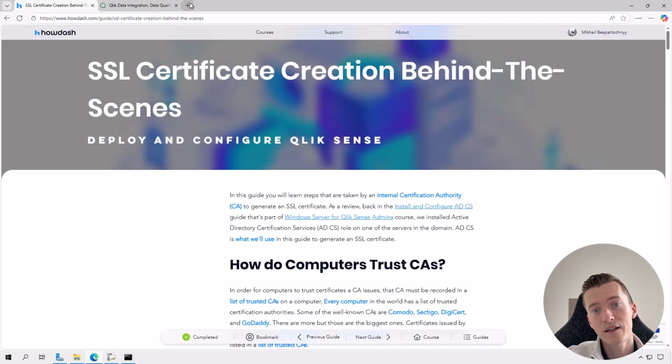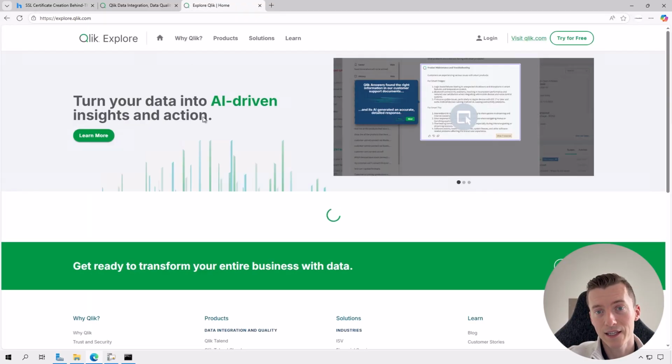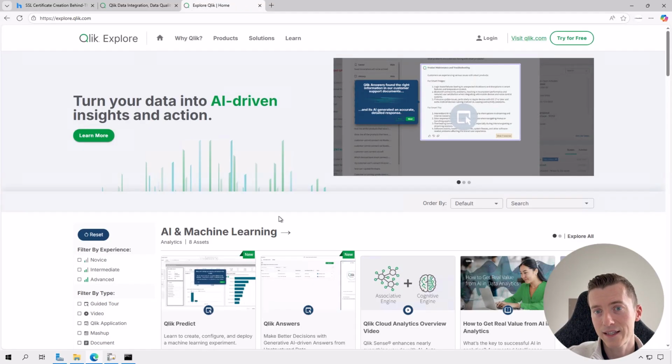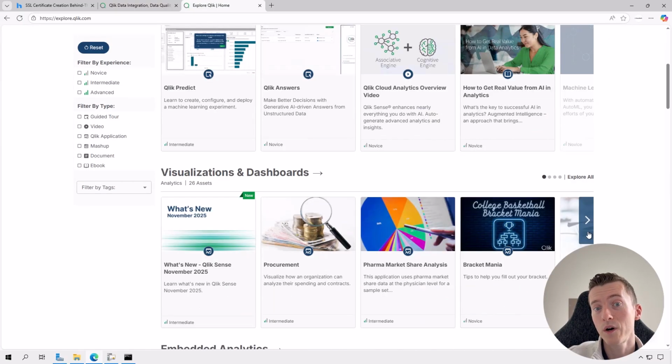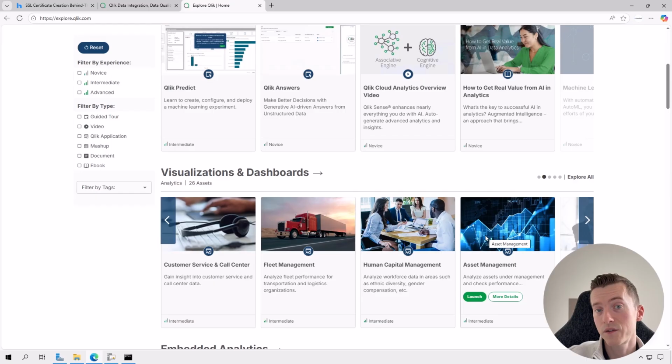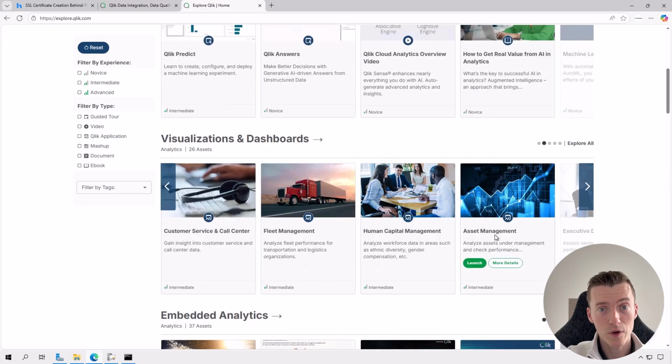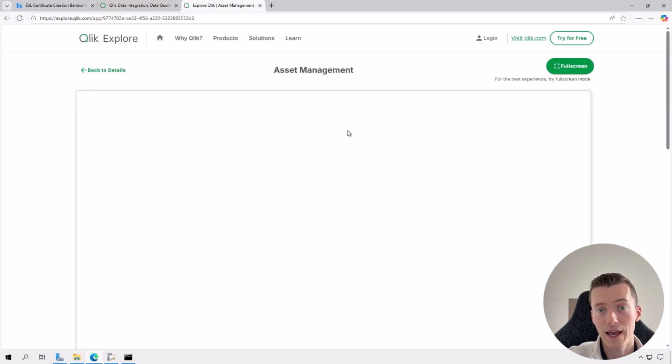So here is explore.qlik.com. It's a site that Qlik has put together where they expose one of their Qlik Sense servers to everyone on the internet. Both you and I can launch one of these apps, it's a Qlik Sense app, and interact with them through